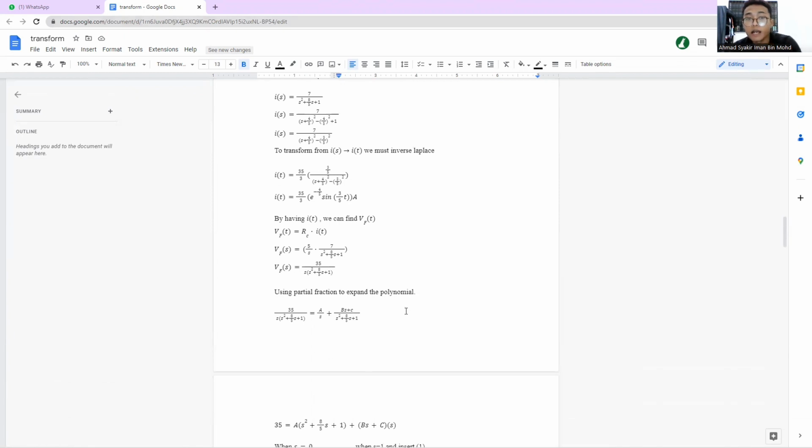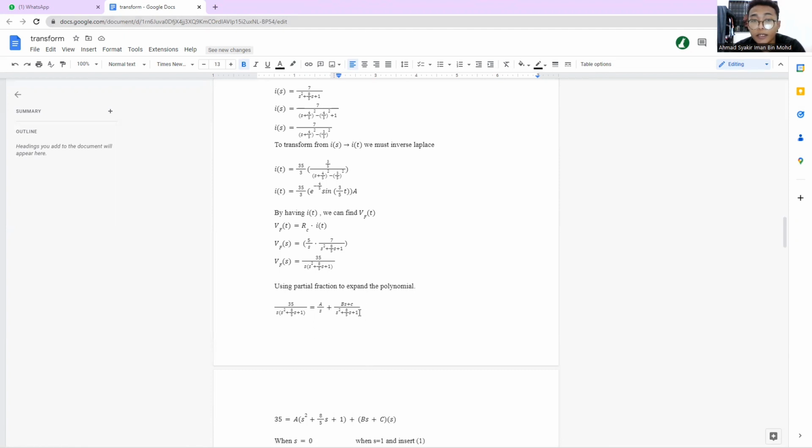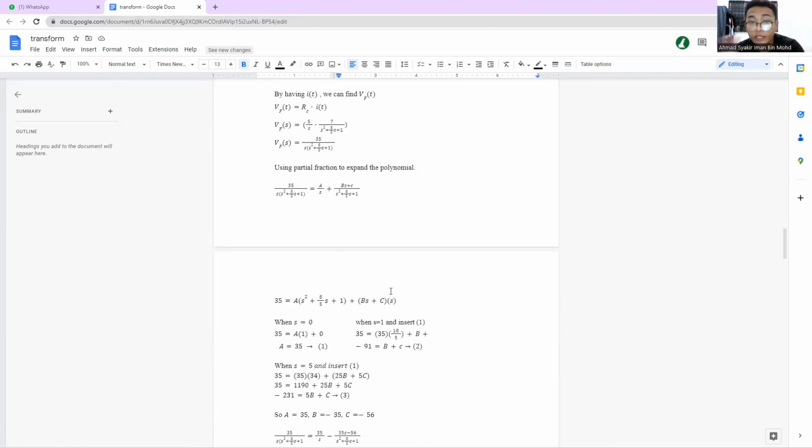Next, we need to use the partial fraction to expand the polynomial. So we got the last equation: 35 equal to A(s squared plus 8 over 5s plus 1) plus (Bs plus C)